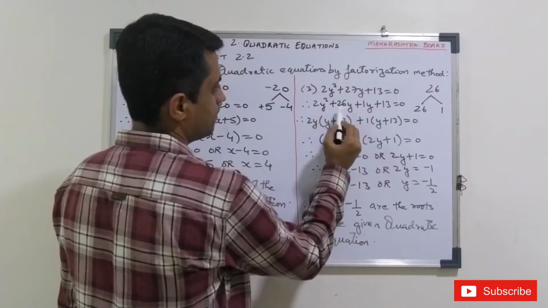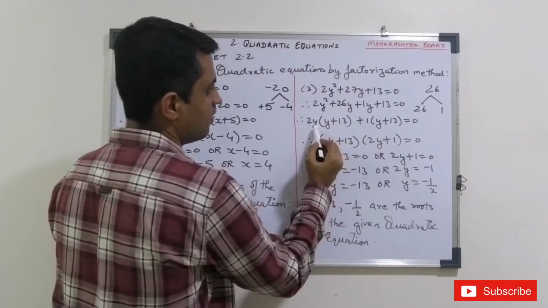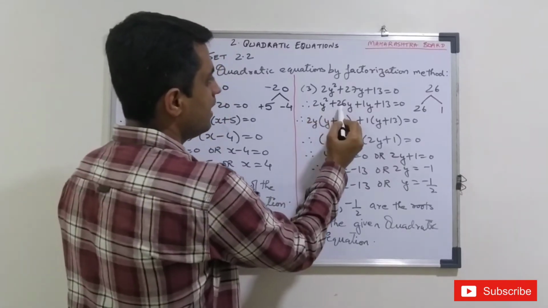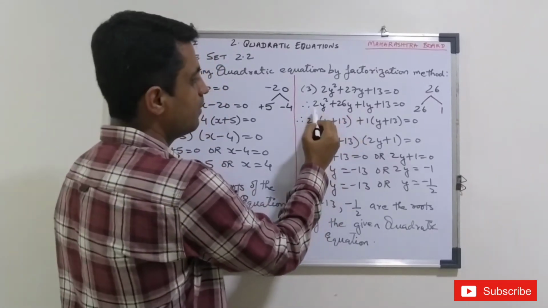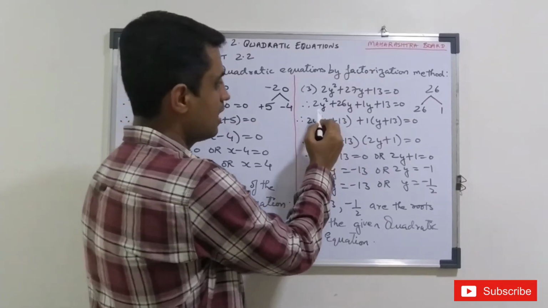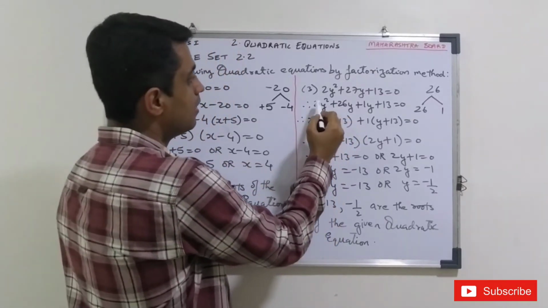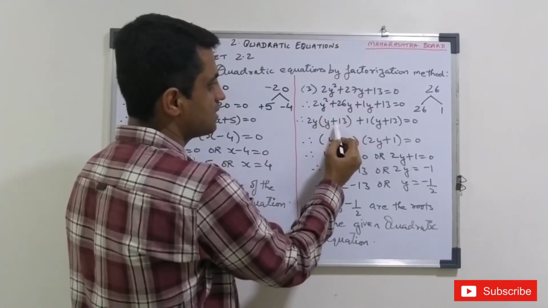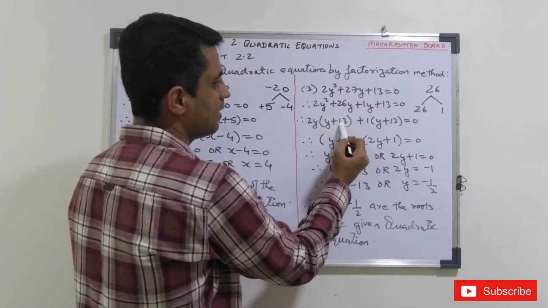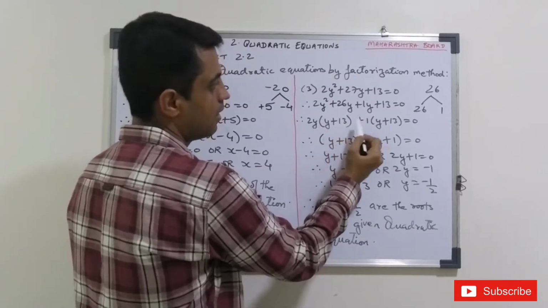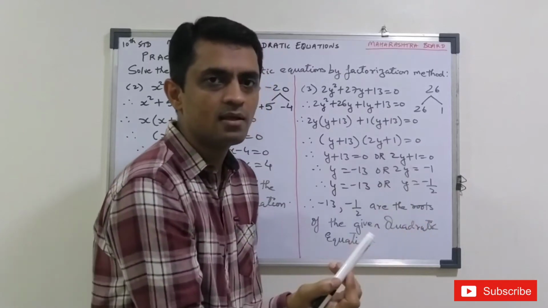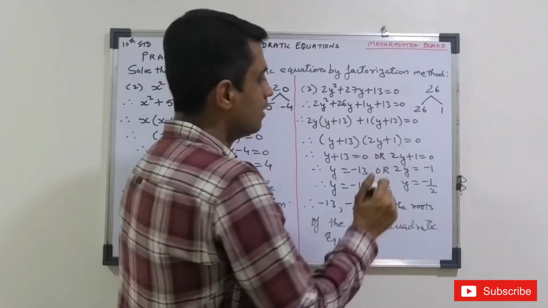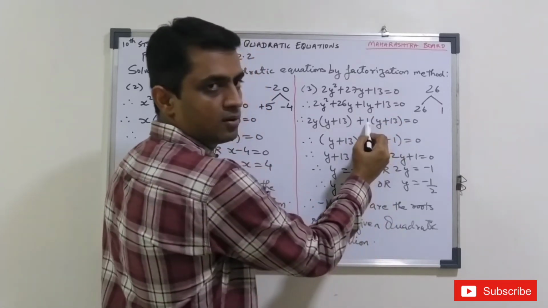Now from y square and y, what will be common? The lowest power of y, that is y. 2 and 26 will go in the 2 table, so 2 is common. So 2 has gone outside, instead of y square there will be y, plus 26 divided by 2 will be 13. y is gone, so y plus 13. From here no common is there. No problem. You can take out 1 common, but something should be outside. So nothing is there means 1 you can take out.